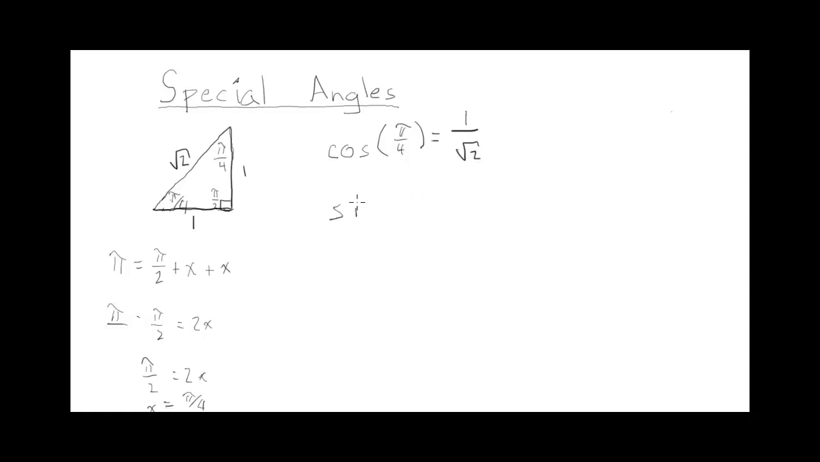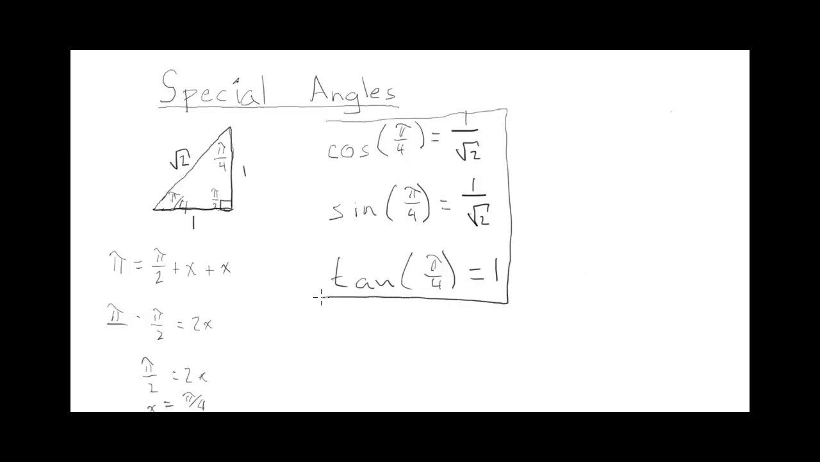The sine ratio of pi by 4 is the opposite side, which is also 1, so you still get 1 over root 2. The tangent ratio of pi by 4 is the opposite side, which is 1, over the adjacent side, which is 1. So you get 1. So those are our trig ratios for the pi by 4 angle, which